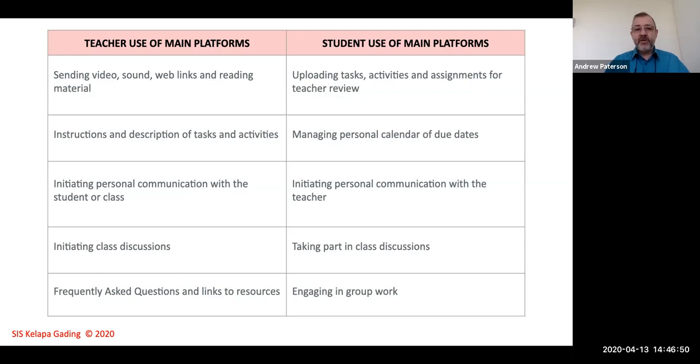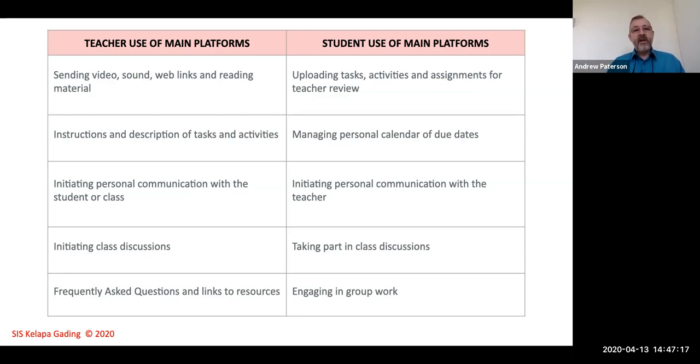These platforms can also do class discussions, so that especially for the older students, there can be a time when everyone gets together and engages back and forward with a text-based discussion about something, or it can be over the course of a day or 2 days, where people read people's replies and then reply themselves. There can be a back and forth discussion, just like you might have in a normal class, but doing it